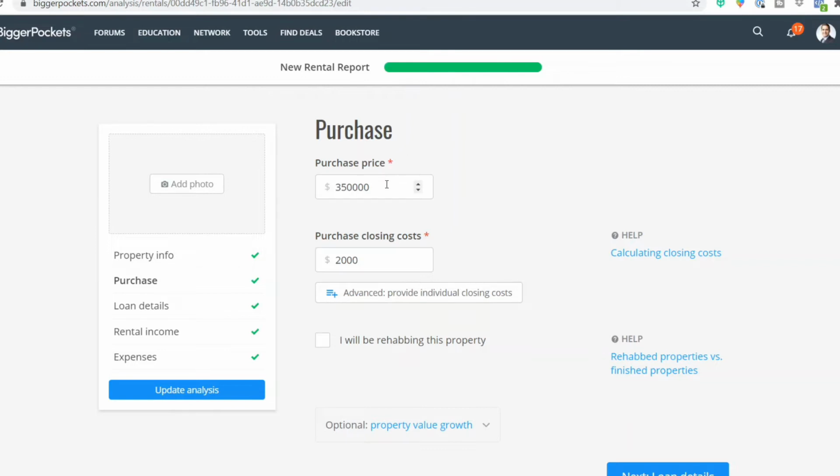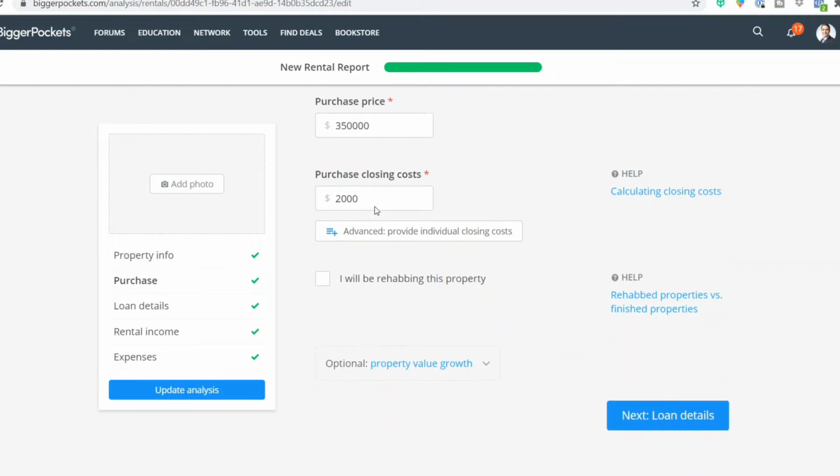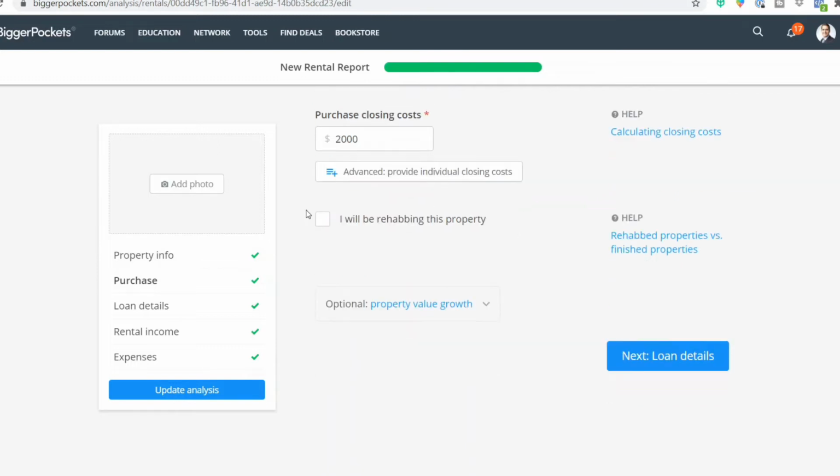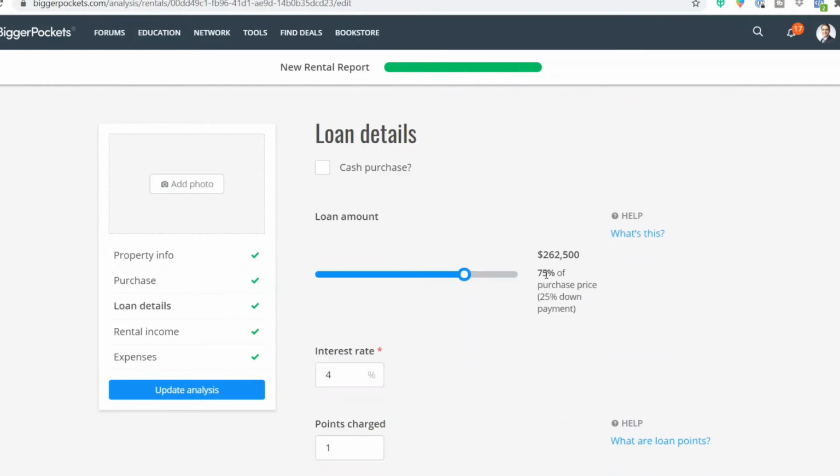So we see that property A was purchased for $350,000. Now, I'm gonna assume that they spent about $2,000 in closing costs. So roughly $400 in title fees and probably close to $1,000 in inspections, and then another $500 in the appraisal for the property. And then when we scroll down here, we are gonna assume a 75% loan to value. Now, you are able to adjust this up or down depending on how you like to put your loan to values, but that would give us a loan amount of